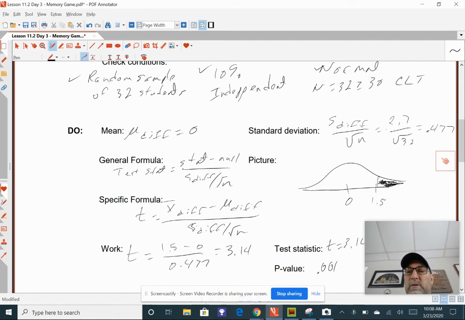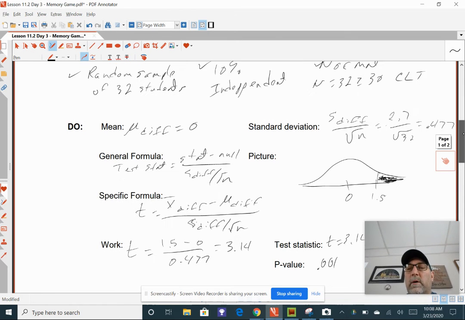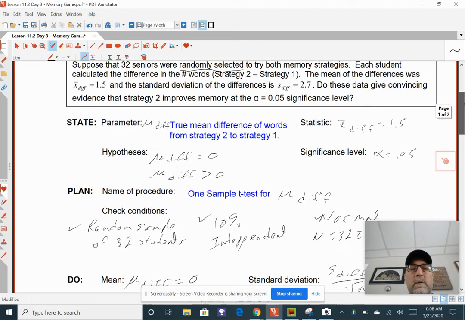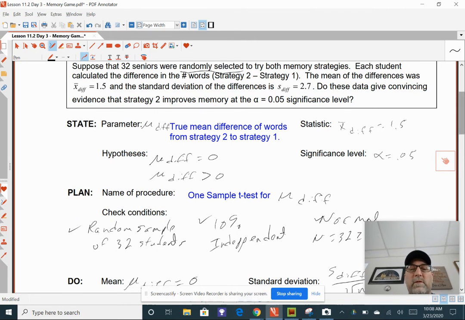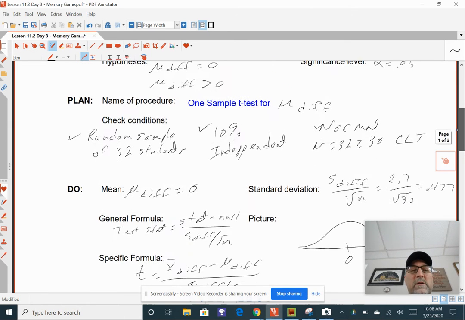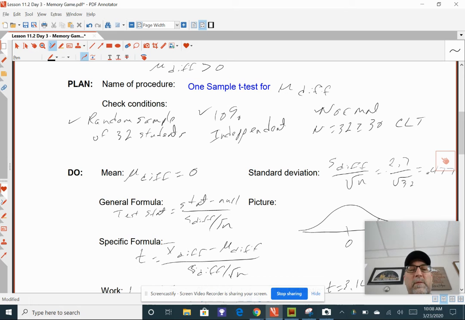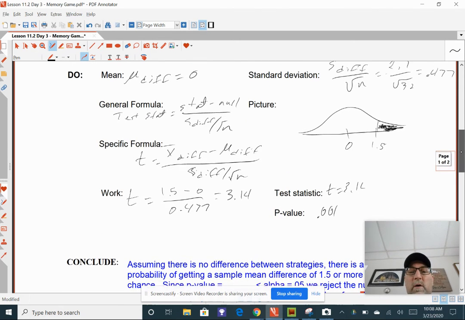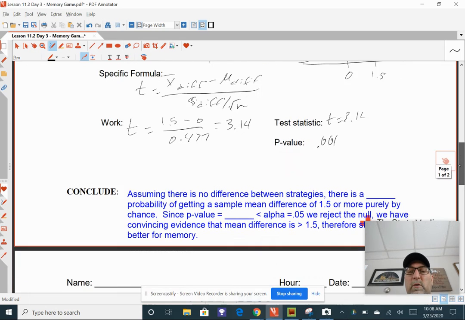All right, we did our state: the true mean difference of words from strategy 2 to strategy 1, our statistic, significance level, hypothesis. We did our plan, named the procedure, checked our conditions. Those are all good. Did all of our work, got a p-value of 0.001. So,